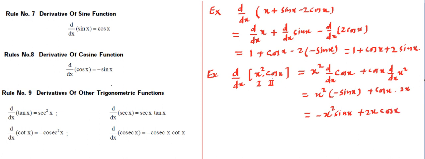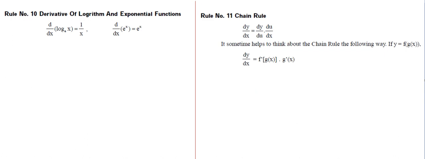Understood? So that means using the product rule we can use this formula, and we can find this answer. Now similarly, if there is a division, we will apply the division rule. If there is a power of x, we are using the rules of power of x. And similarly we can use the tan function, cot function, or any function. So if we remember this formula, whenever this d upon dx of that formula comes, we will be directly using that for getting the calculation done.